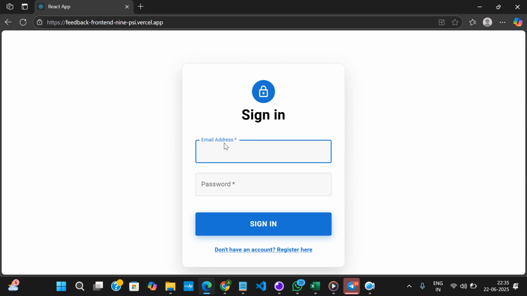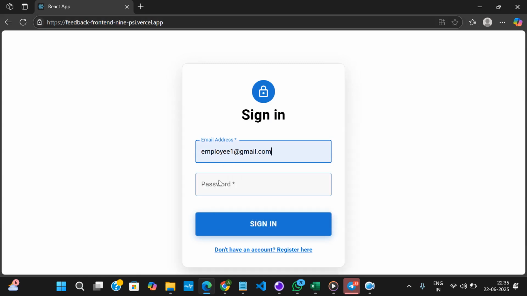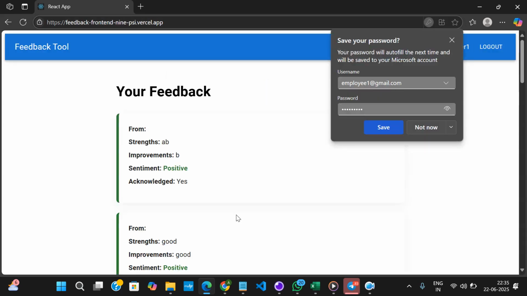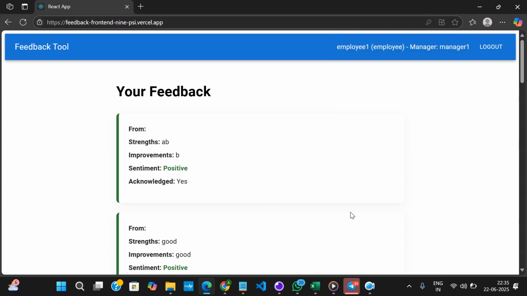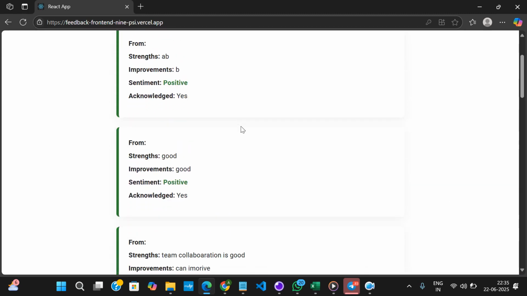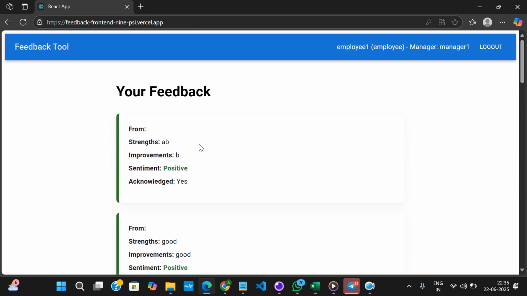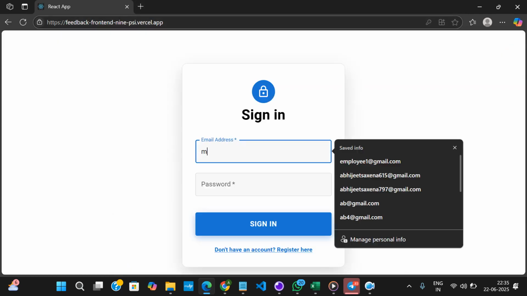Here, first I will show you how the employee functions work, then we'll go to the manager things. So I'll log in as an employee. The employee has the power to see the feedback given by the managers. Suppose he can see that these are the feedback. So he can see the list of feedback which is already given there. Or also when you try to log in as a manager,